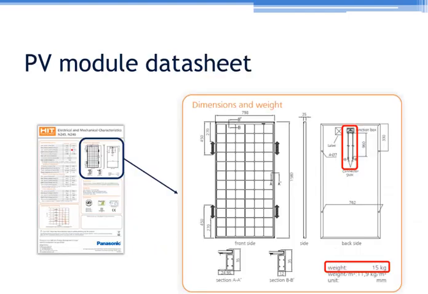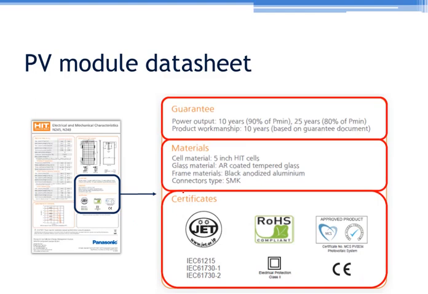Now let us understand, when you go to the market and purchase a solar panel, you see some data sheet. This is a data sheet from HIT company of the N245 model. Different parts are highlighted here. Dimensions are given in terms of length and width. Weight is also mentioned here, 15 kg. Next, you see some electrical parameters and some compliances. Here it is said that 10 years for 90% minimum power. This means it will operate for 10 years and give 90% power. Over 25 years, it will give you 80% power.